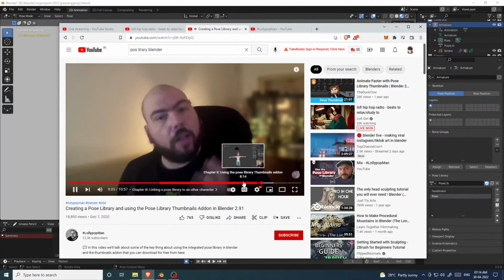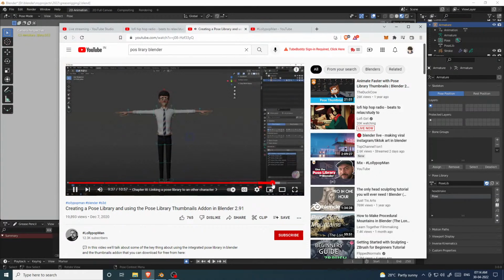So before we show how to create the library, you're going to see that I can find here in my data blocks for the actions, I can pick that one up, and if I turn on the layer that contains the hands and select the hand, I can potentially use it, right? And then